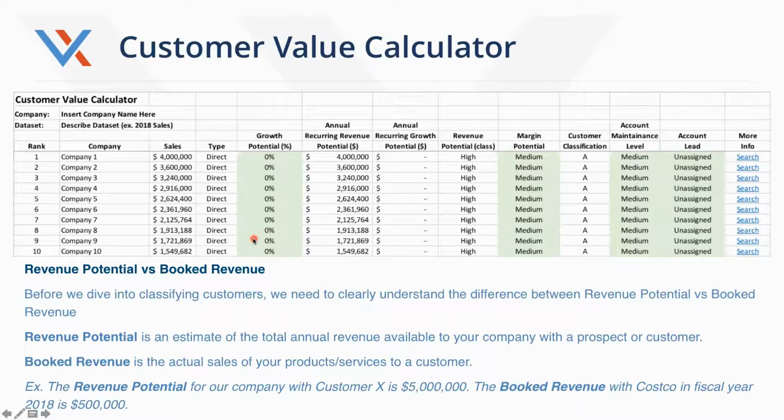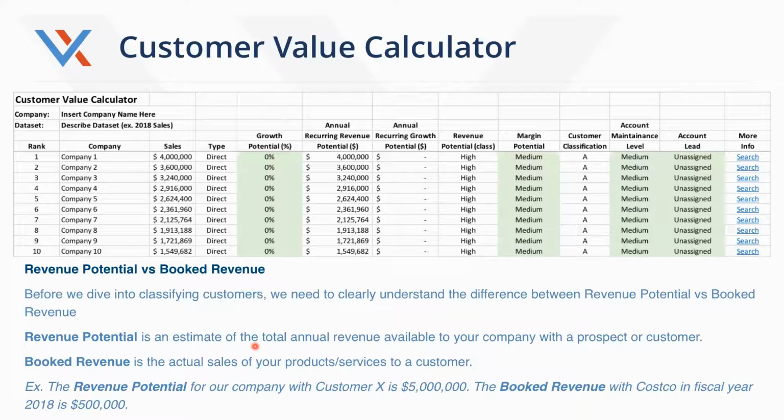So it would be a shame to, for example, have Boeing as an ideal customer, sell them $1,000 worth of product or service, and put them down in a D category because they only bought $1,000 worth of material from you. The goal is to say, okay, looking at our current customer base, what's our actual growth potential? And so down below, I've got a little bit of explainer into this idea of revenue potential versus booked revenue. And I've found this to be really challenging for both sales leaders and salespeople to get their heads around.